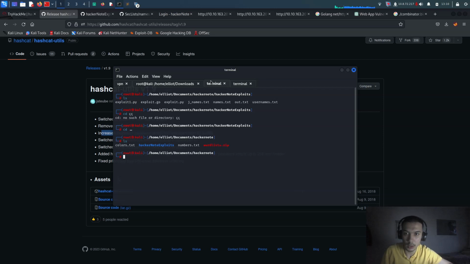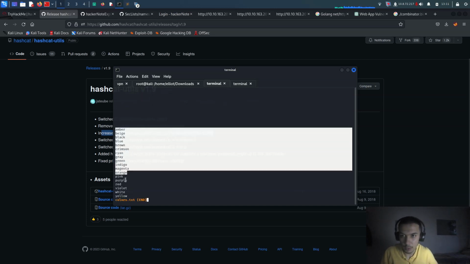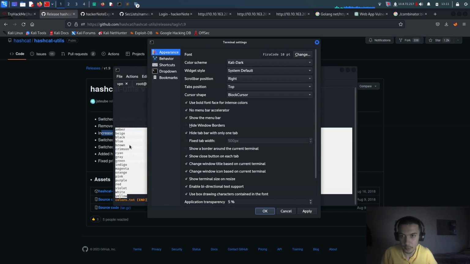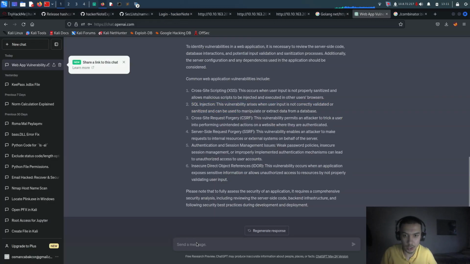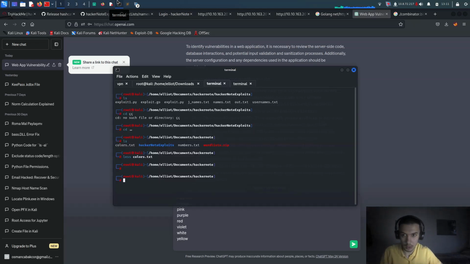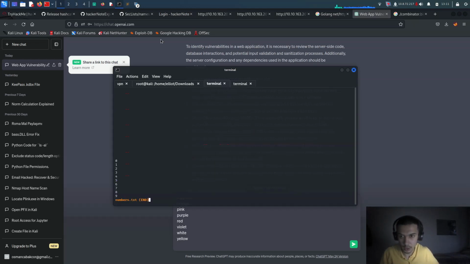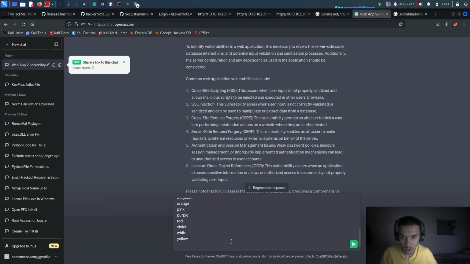Yeah, here, ls, and there's a numbers.txt. Let me ls colors.txt and copy all of it. Alright, I wanna copy this and go to ChatGPT, and let me do it and ls numbers.txt, copy selection and